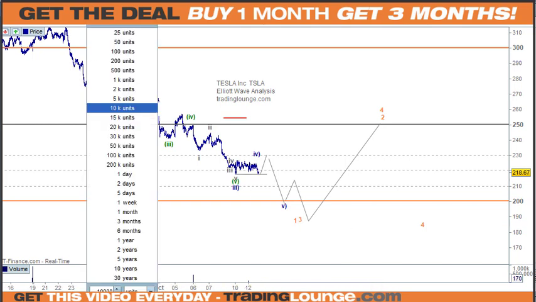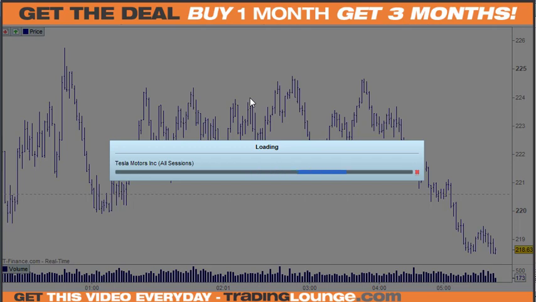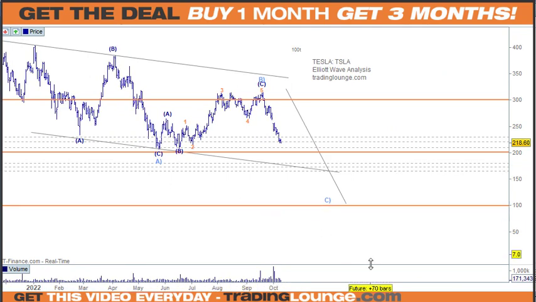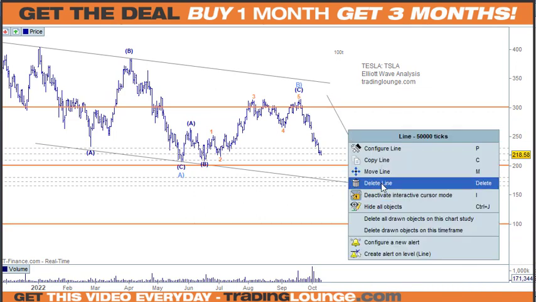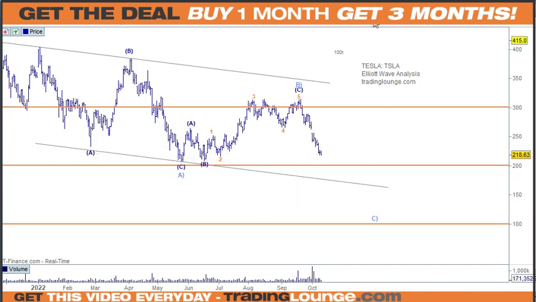So in the bigger picture here for Tesla, if we look at this at, just put this on 200 and go to 50k ticks, because it's a slightly different sort of pattern for this. And it's not going to be a straight line either, so we can get rid of that. As I mentioned before, all of this around the 200 here is going to be a bit tricky, but in a nutshell, we'll either have wave 1 down here, or we'll look at this as 1 and 2, and 3 and 4 and 5.